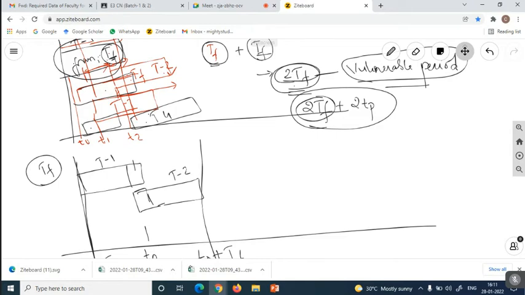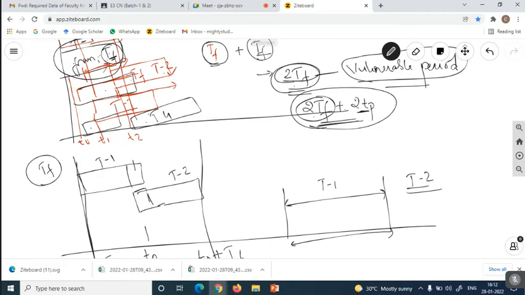So how much time is it going to take? It's a 2TP value. That means once a frame is released, the next frame will be released only when the time period of 2TF and 2TP is completed. That means for the release of the next frame, suppose it is the frame of terminal 1, in order to release the next frame without any collision, this much amount of time it has to wait. Okay, leave that, the propagation delay. So how much amount of time does it have to wait?